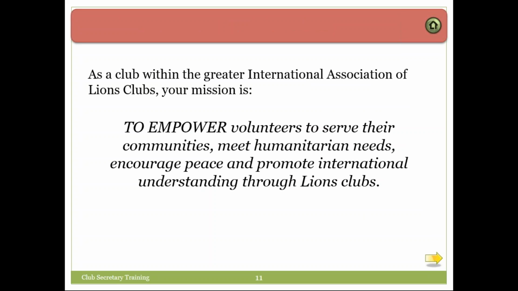As a club, this is our mission statement. You should know this mission statement and try to make sure your members know it. To empower volunteers to serve their communities, meet humanitarian needs, encourage peace, and promote international understanding through Lions Clubs.